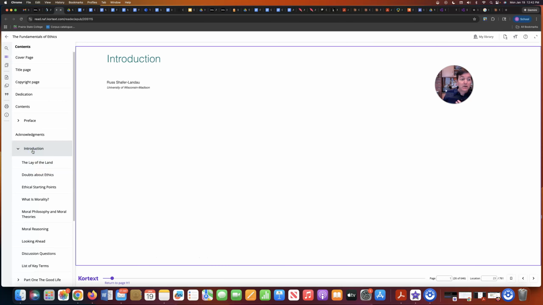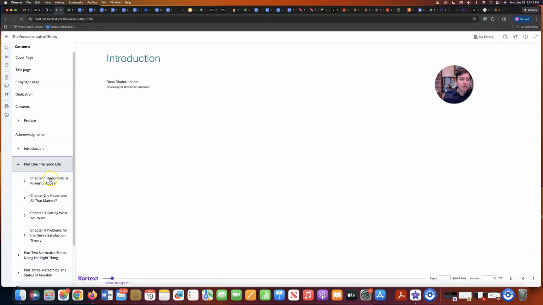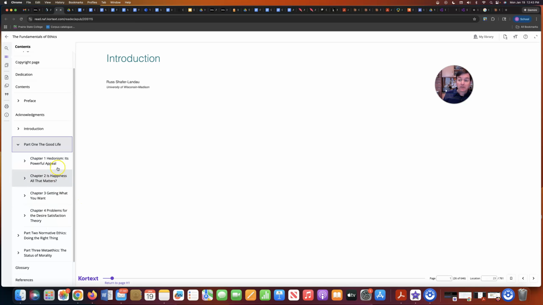So for the first week, we'll be reading the introduction to Shafer-Landau's The Fundamentals of Ethics. And we're going to be focusing, moving into the second week, the first and second weeks, the first 4 weeks really of the semester, on the first part of the introduction, but also the first part of the Fundamentals of Ethics, the good life. So if you notice, the good life is divided into 4 chapters. And we're going to spend quite a bit of time looking at those 4 chapters in the section titled The